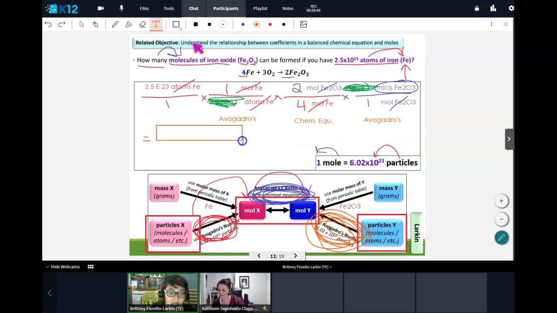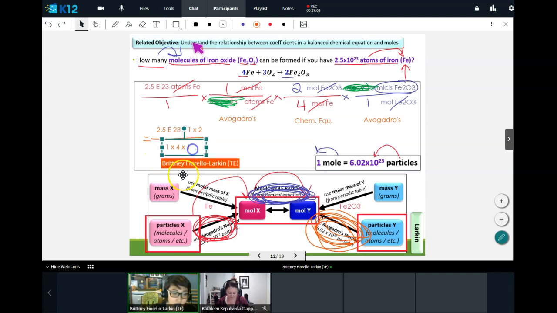All right, so on the top now, I'm left with 2.5 times 1 times 2. Oh, sorry, not 2.5. 2.5 times 10 to the 23rd. Whew. And on the bottom, I am left with 1 times 4 times 1. Let's go ahead and start with the bottom. What do we get on the bottom? 1 times 4 times 1